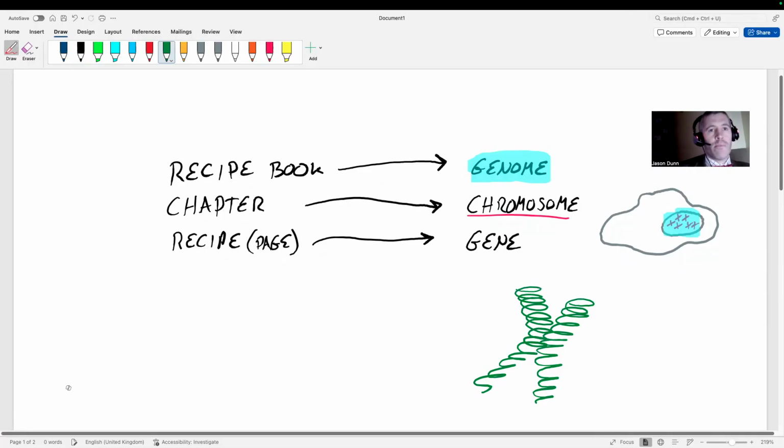So a chromosome is to the DNA polymer what a jumper, a sweater, is to the yarn, to the wool, right? So, you can talk about it as just yarn, but when you knit it together, you make the jumper. And so this is the chromosome, but it's made up of tightly wound DNA, that double helix we saw before.